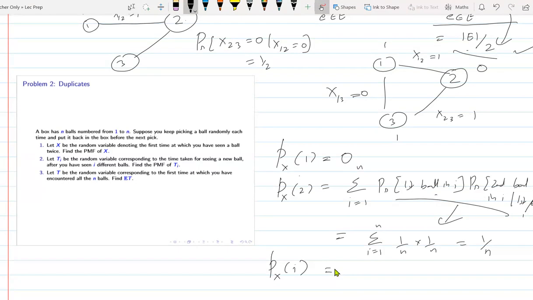Okay, so with that you have ensured that the ith ball is a repetition. I agree with that. But you should also ensure that there is no repetition in the first I minus 1, no? Have you ensured that?